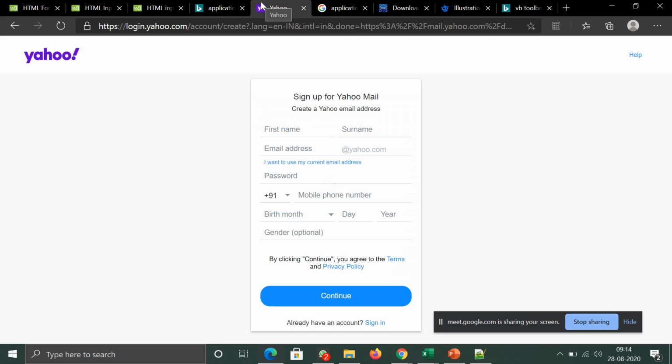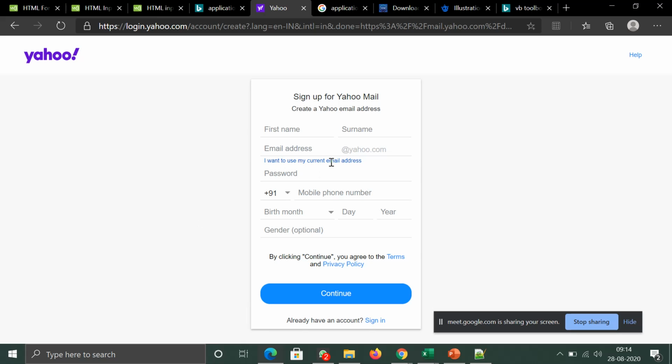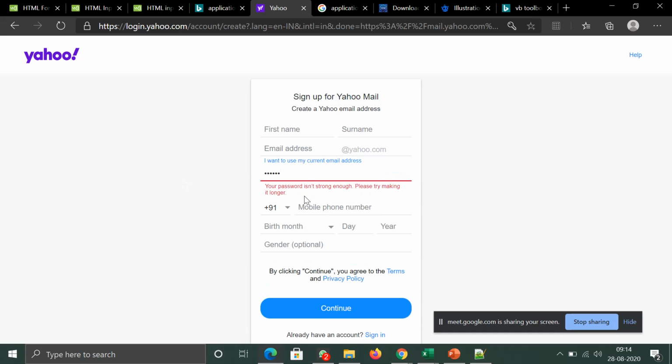Now you come to some application form like Yahoo, where you are trying to create a new account. Now you can see there's a text box over here, a drop down box over here, something called email, password. If I type here, nothing is coming. Your mobile phone, something is asking birth, it shows the list of days, years, gender, something is asking here.